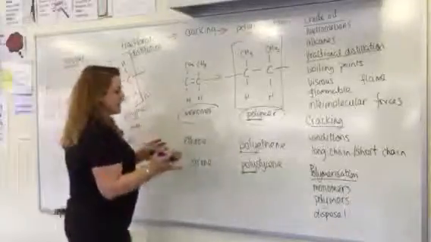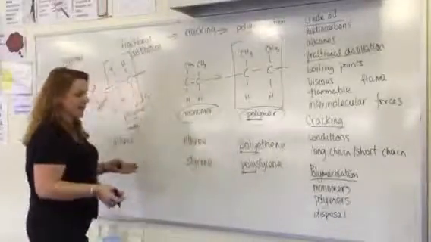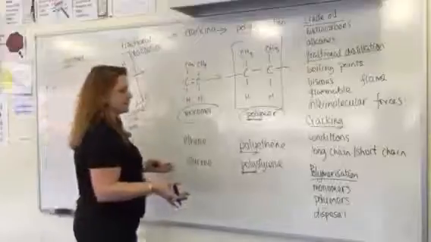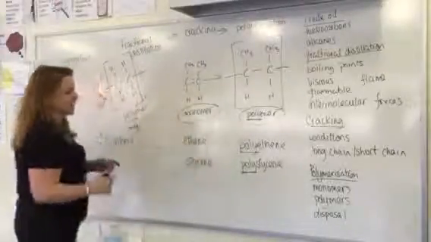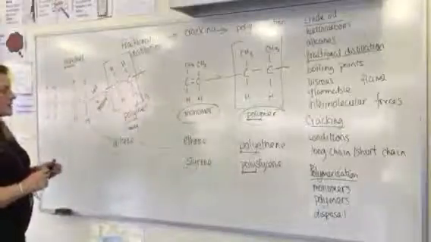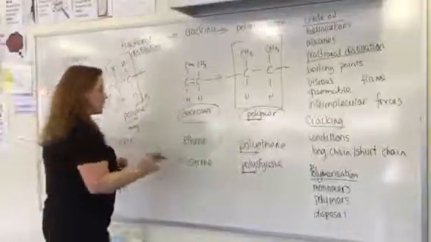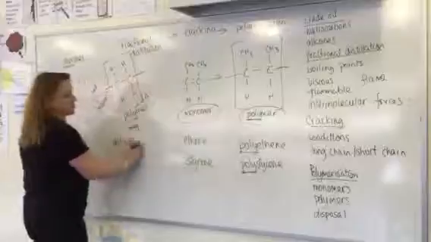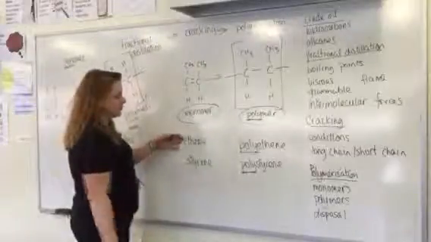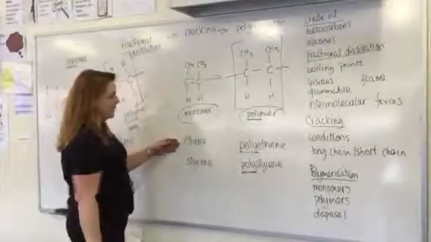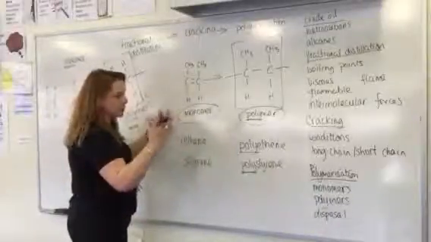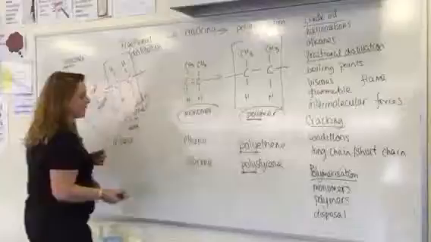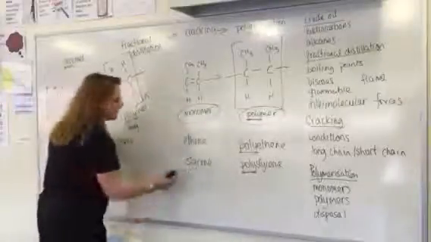Now, we make all of these things. We're using crude oil to make them. Crude oil takes millions of years to form. The problem with all these polymers that we make is that they don't break down, okay? They take thousands of years to break down. So what we need to do is we need to dispose of them. So when you put your stuff into the rubbish bin, if you finish with your water bottles or your carrier bags, you put it into the rubbish bin. If you finished with your cups or anything, or your blazers, we put them into the rubbish bin. If it goes straight into our black bins,